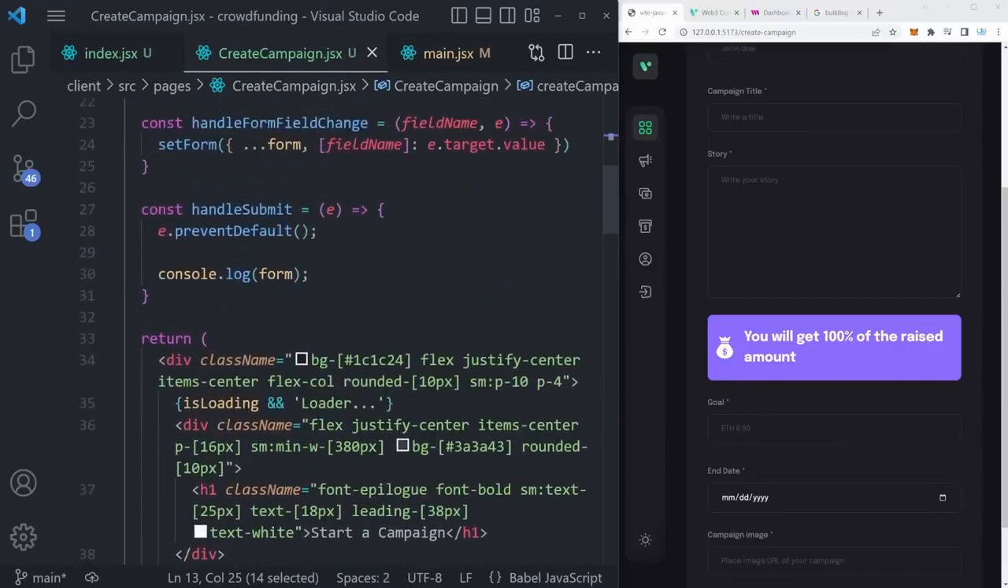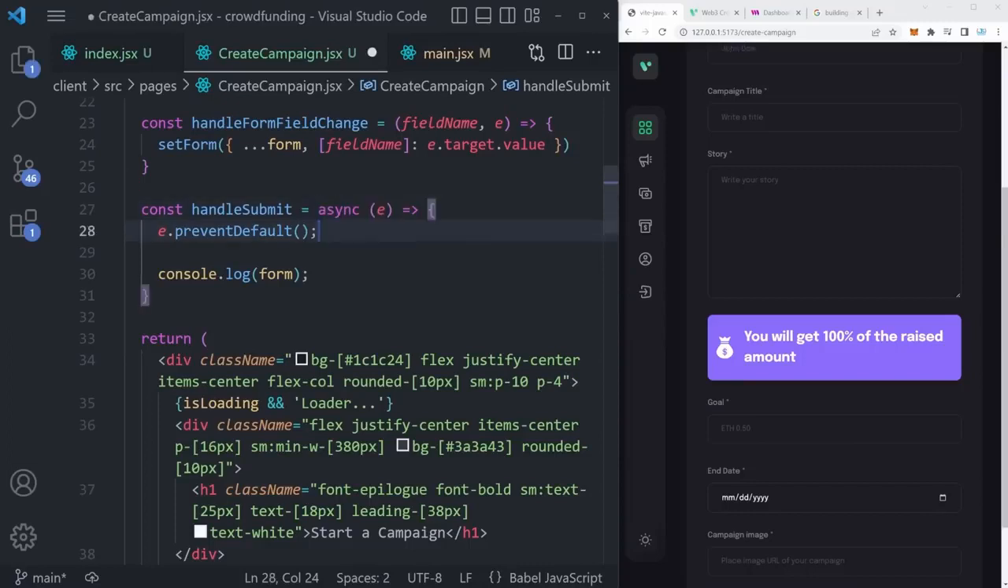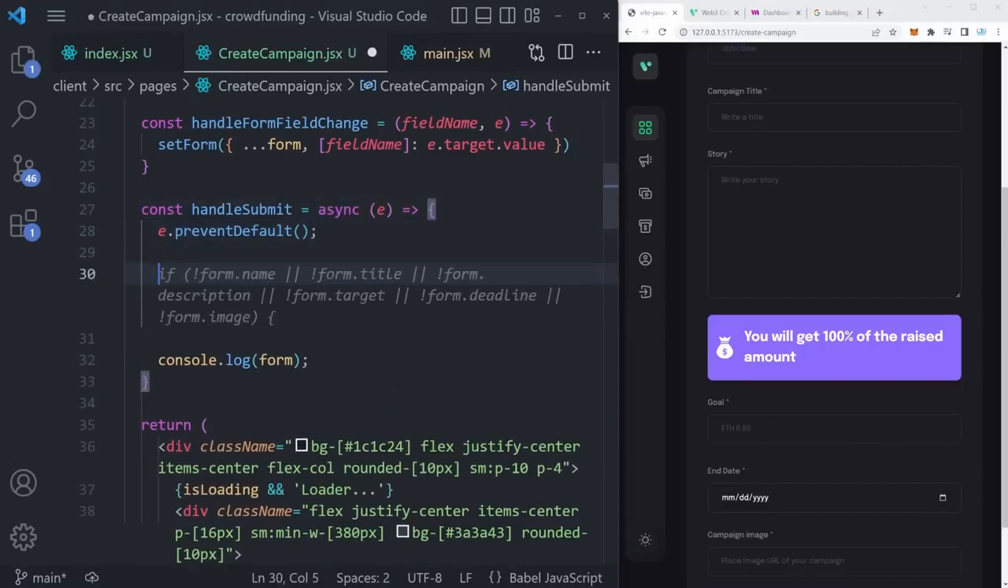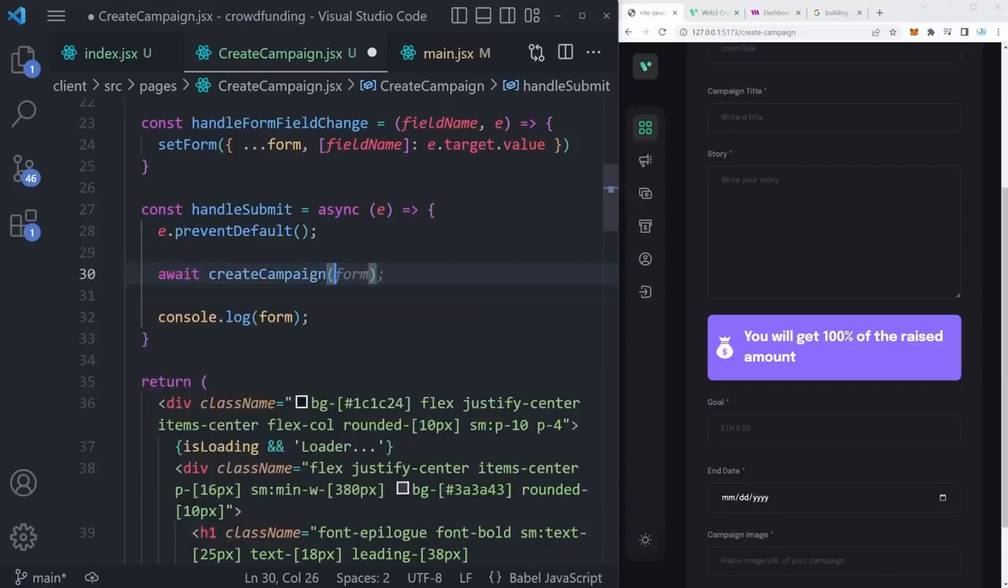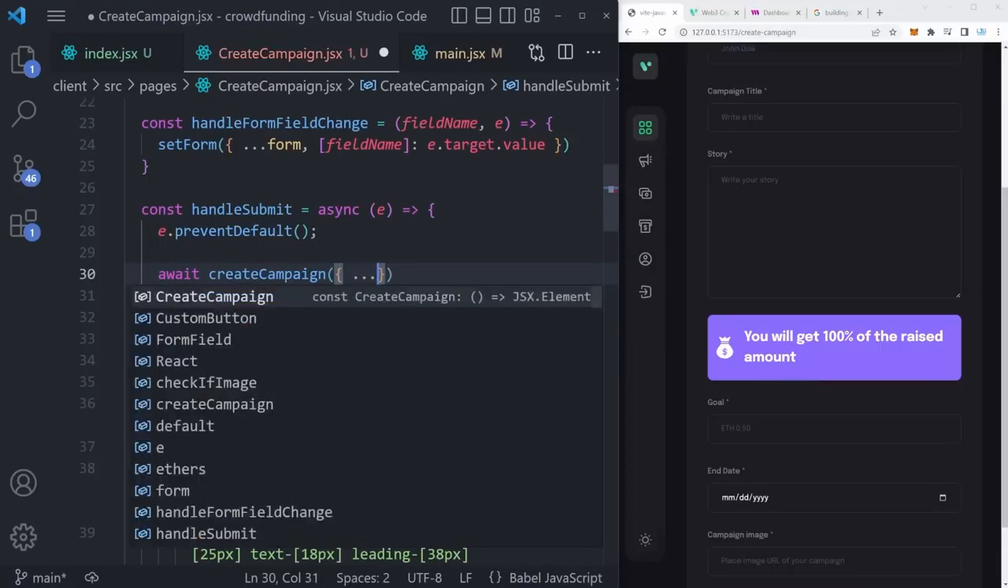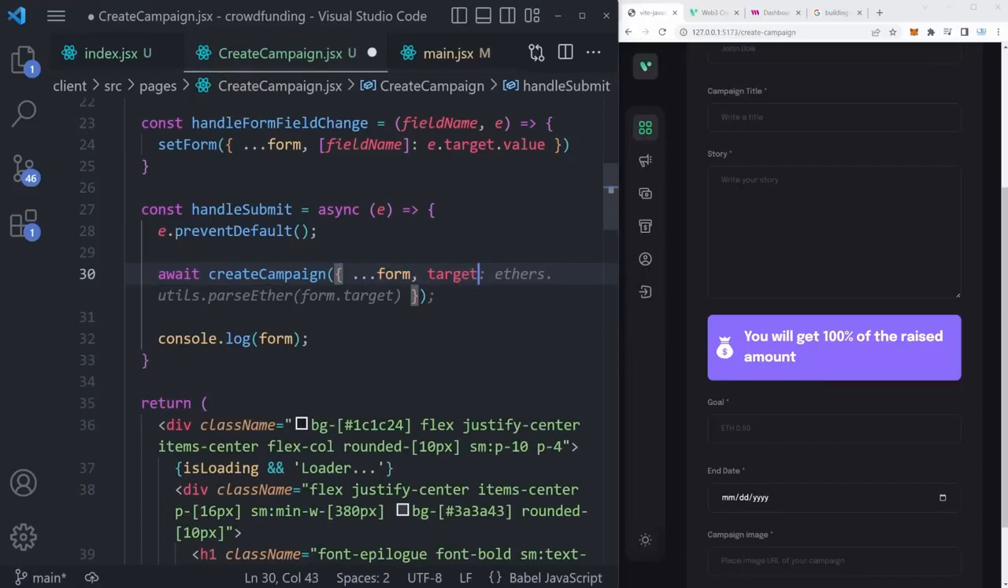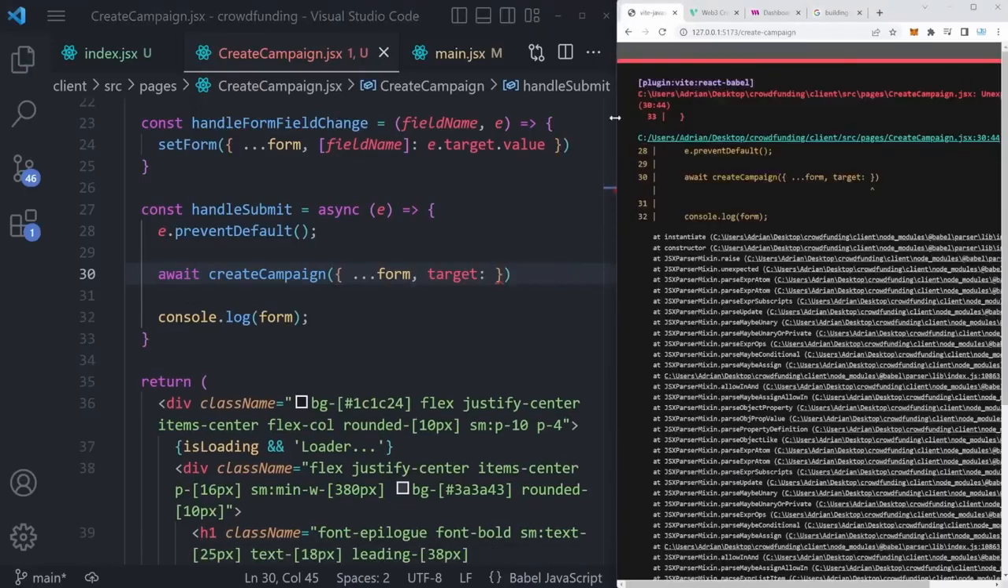So now inside of here, there's just one thing left to do. We can make this function asynchronous since smart contract calls do take time, and we can say await create campaign, and we need to pass some props to it. We are going to first spread the entire form, and then we're going to change the target just a bit. Our target is currently in a normal human readable amount. That's going to be 0.5 or similar, but we have to change it into wei, which is a subunit of ETH. We can do that by saying